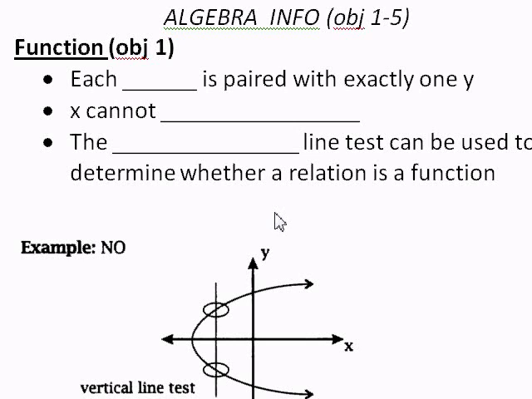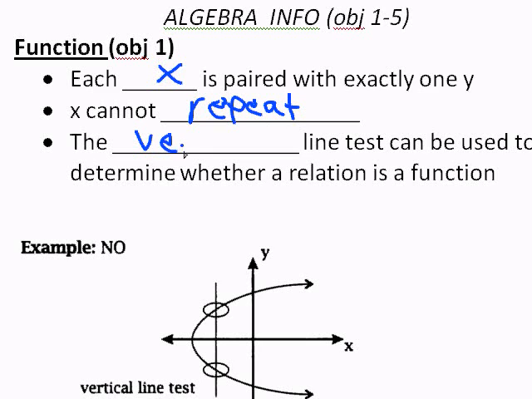Hello, welcome back. Today we're going to be looking at some algebra review, and we're going to start with this idea of something called a function. Now, a function tells you that each x is going to be paired with exactly one y. So if you have an x, you're going to have one y. X values cannot repeat,